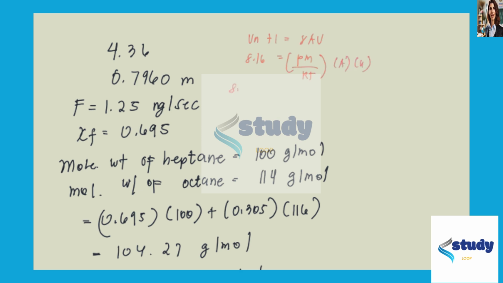So 8.16 is equal to 101.3 times 100.4 divided by 8.314 times 372, times π over 4 D squared, times 1.28. So we have equal to D, that is